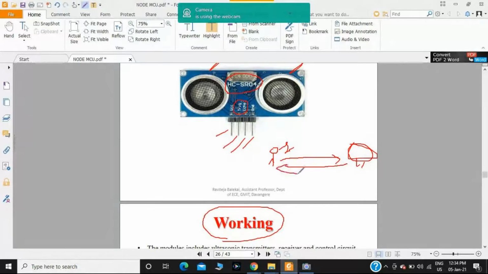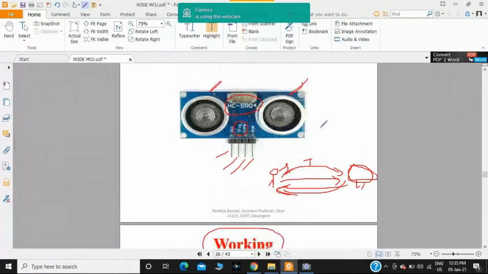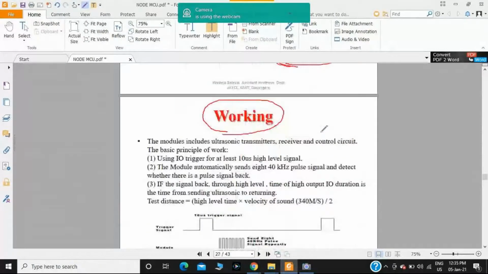Then I should measure the round trip time, the time taken by the sound wave moving from the sensor to the object and from the object to the sensor. This is what we call the round trip time. Then you should measure the distance with the help of a formula.